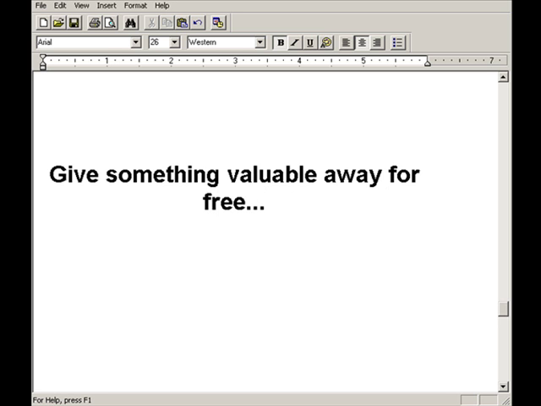Another trick that you could use is to give something valuable away for free. Now, when I say something free, I mean something valuable, something normally people would pay for, but instead of paying, they would get it for free from you. So this could be in the form of an ebook, video, product, piece of software, or even e-course that would be valuable. Because what you're doing is trying to build a readership, build a list full of people that are targeted on that specific niche. The more targeted you get, the higher your conversion rates will go up in the future.